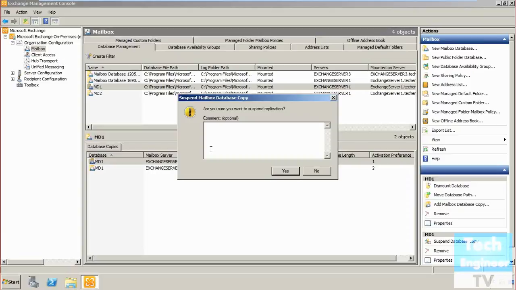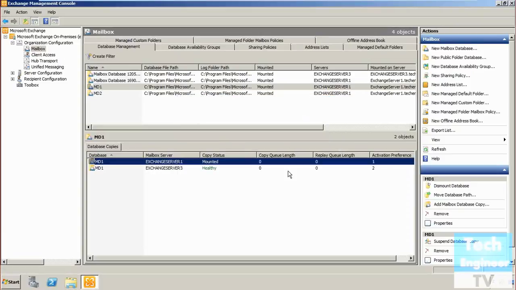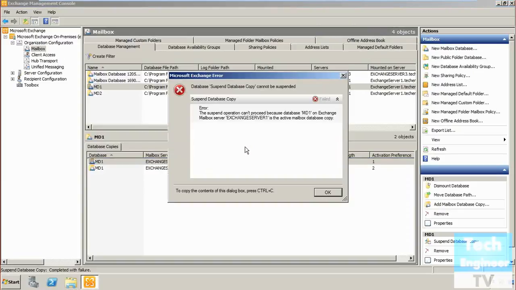If you try to directly suspend the database copy, you will get an error that you can't suspend unless you make the backup one primary. So you can see the error has been there. You can't suspend it like that.